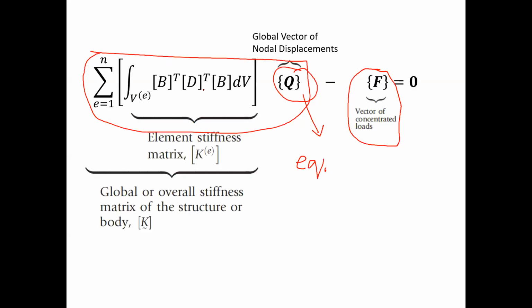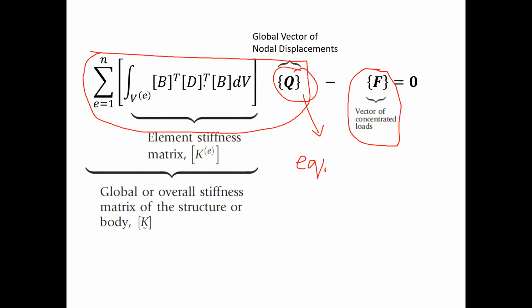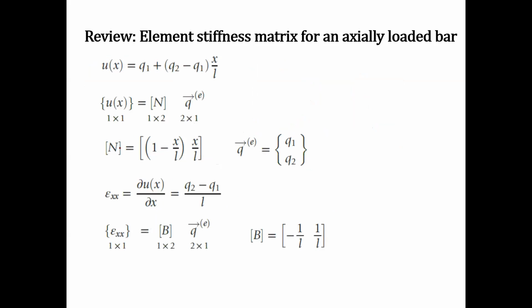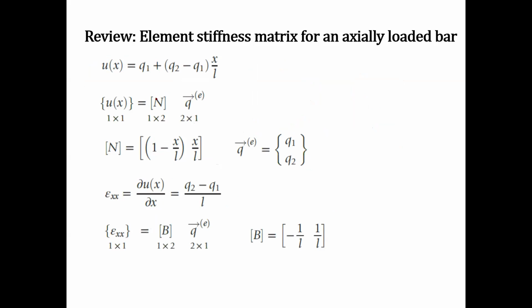ठीक है, सो इसी को बहुत ब्रीफली अगर एक एक्सियली लोडेड बार के लिए इस मेथड को इस्तेमाल करते हुए अगर हम k निकालना चाहें, we did this earlier, right? So the first thing that we need is ये n वाला मैट्रिक्स, राइट? इस n वाले मैट्रिक्स से हमने घुमा फिरा के ये b मैट्रिक्स बनाना है. b matrix was the operator L operated on the matrix of shape functions n, ठीक है? So n जो है वो एक interpolation function हमने पहले बनाया for a simple 1D element, and then all you have to do is take a derivative of this with respect to x. That's going to give you your matrix B, right?